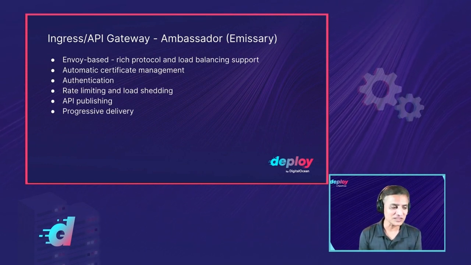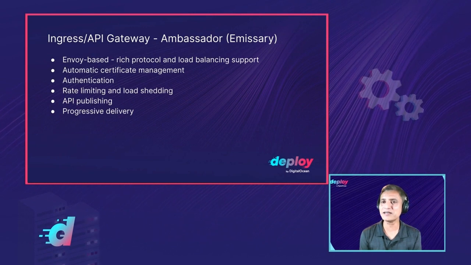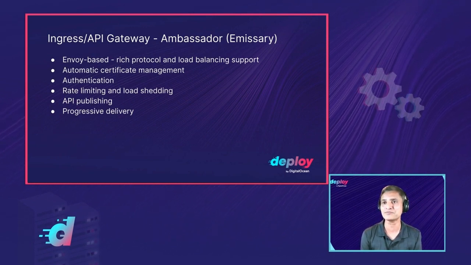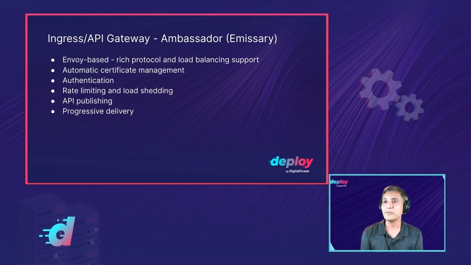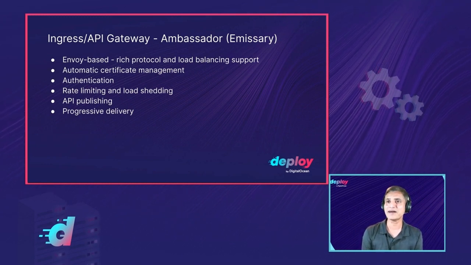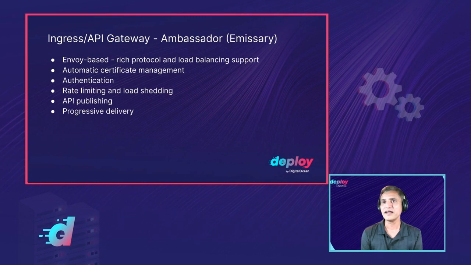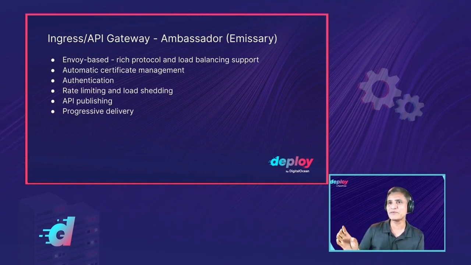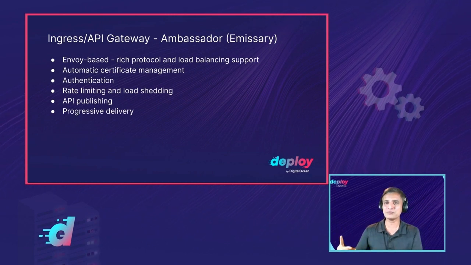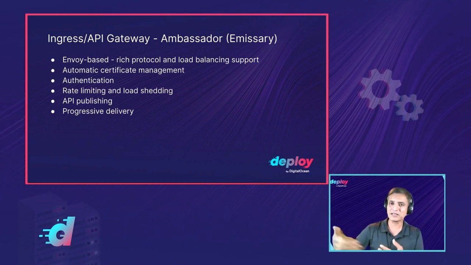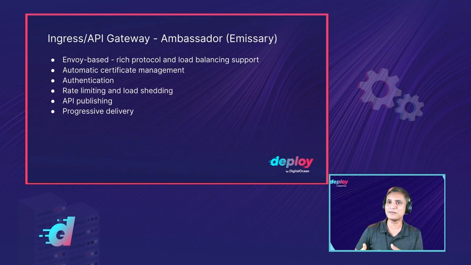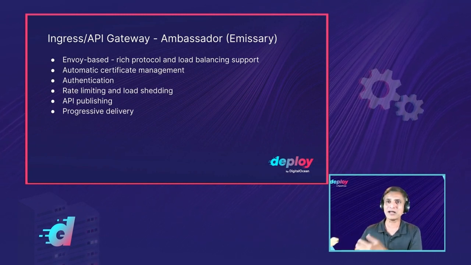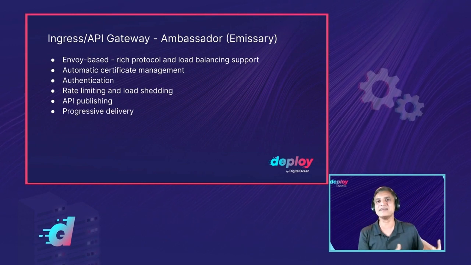The next one is a big one, which is networking. And I hope some of you attended the session that we just did on networking best practices. Ingress is responsible for getting traffic into your cluster. Ingress and API gateways are similar, but API gateway does slightly more. I'll give a very small example. You have HTTP traffic coming in. You say that HTTP traffic with path X goes to service X, path Y goes to service Y. That's like ingress.